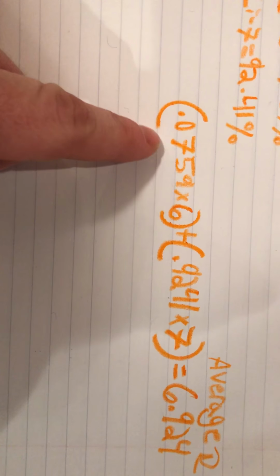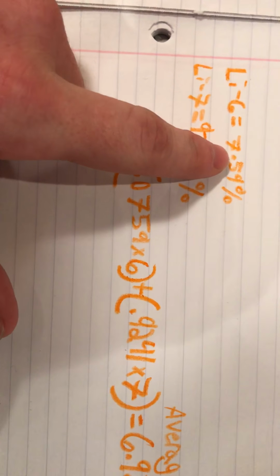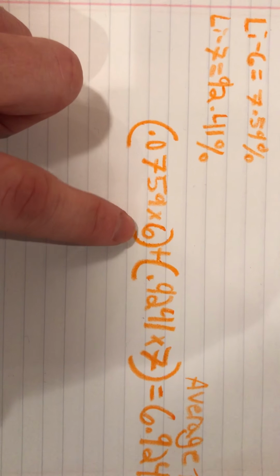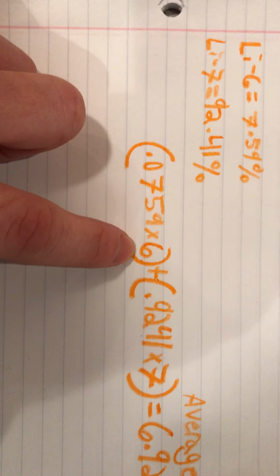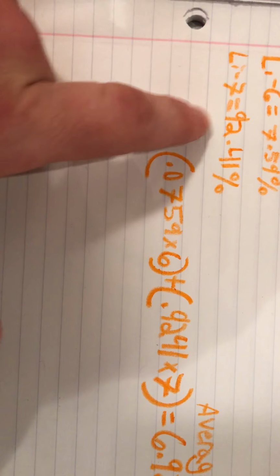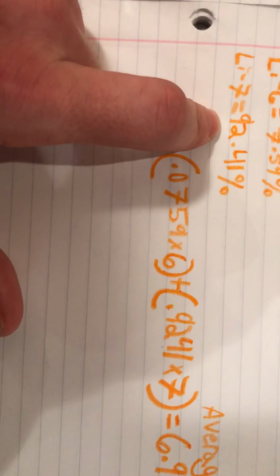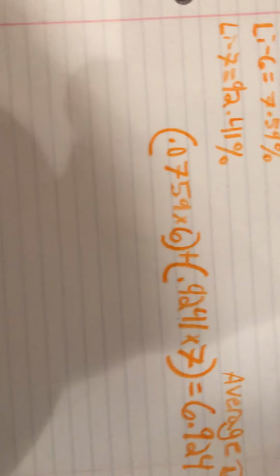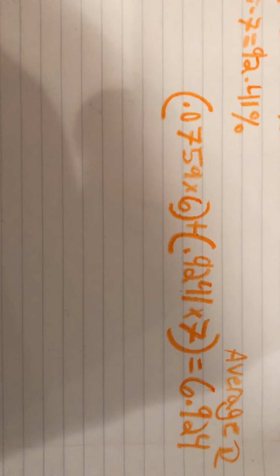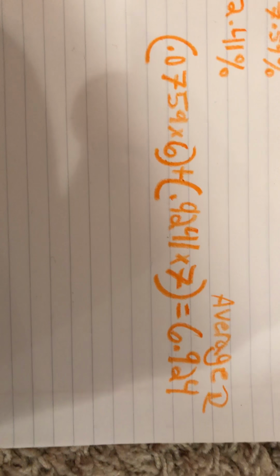So this would be, since it's 7.59%, it'd be 0.0759 times 6, and then you would add that to the other one, lithium 7, which would be 0.9241 times 7, and the average atomic mass of these two would be